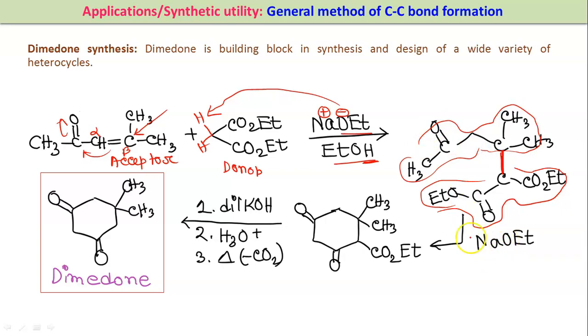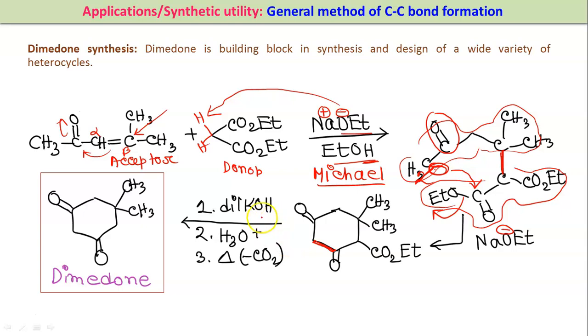So this step is actually the Michael addition reaction. The next step is different. The first step is Michael, and after Michael, again in the presence of base EtO minus, this CH3 also contains three active hydrogens because of the presence of this carbonyl group. So there will be carbanion generation. I am writing here CH2 and C minus. This C minus will attack this carbon, and OEt is a very good leaving group. It will be removed and there will be formation of another C-C bond. So this is another newly formed C-C bond.